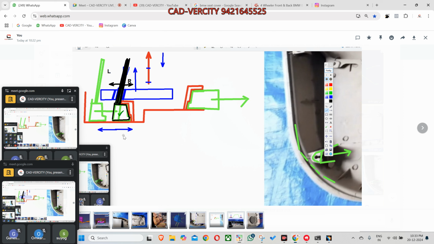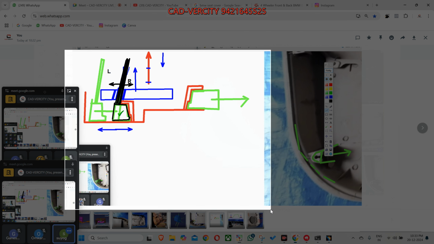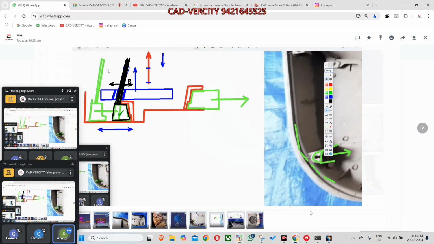Left side, sir. Left side. Onkar, getting clear? Yes, sir. Suyog, if not clear, just tell me, sir, not clear. Please repeat. Sir, not clear, sir. Please explain how it will move at left. Because, sir, if we take the direction upward,